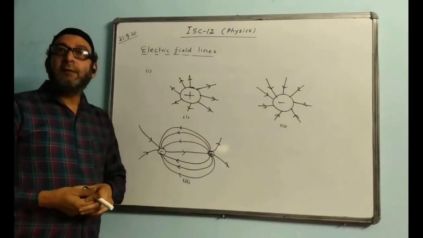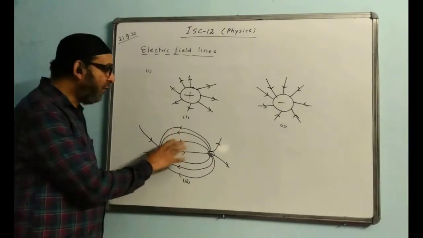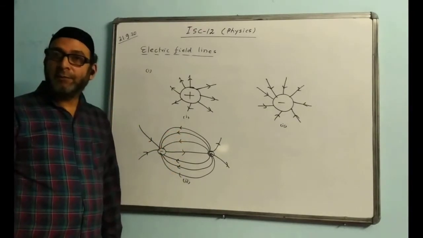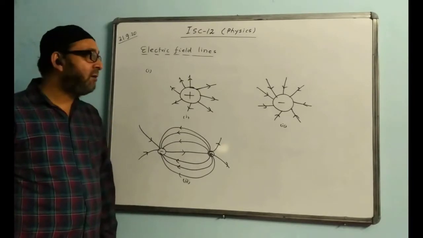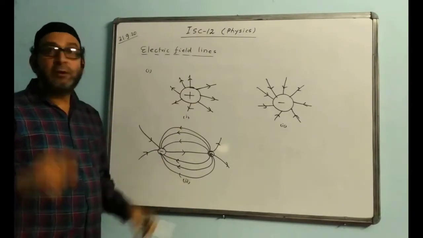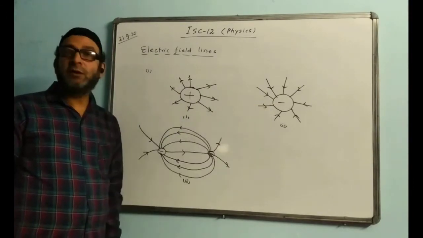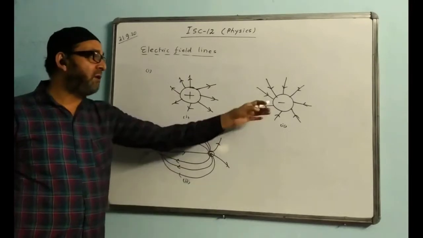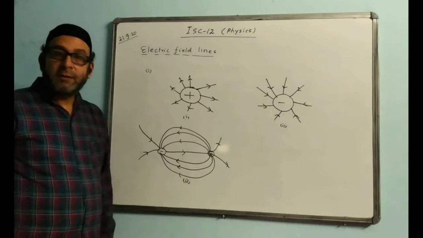What is the basic difference between the electric field lines and magnetic field lines? In a magnet also we have magnetic field lines. They are directed away from the north pole, because the north pole is the same as a positive charge, and directed towards the south pole. The south pole is like a negative charge. But what is the difference between the two of them? The answer is